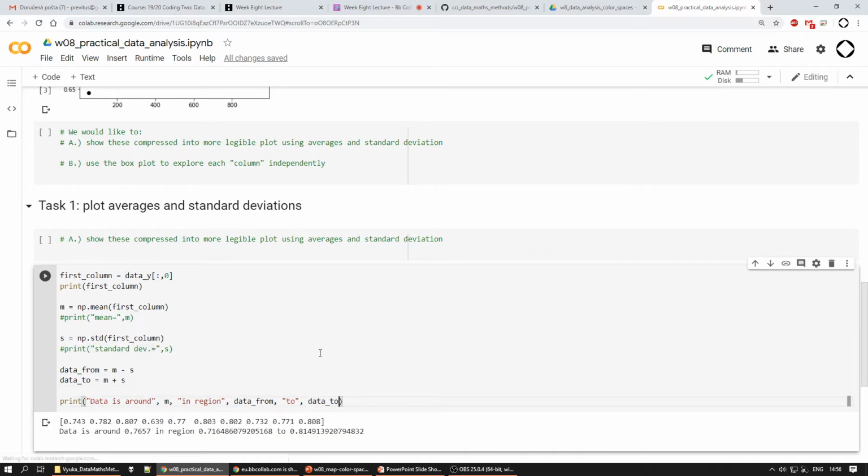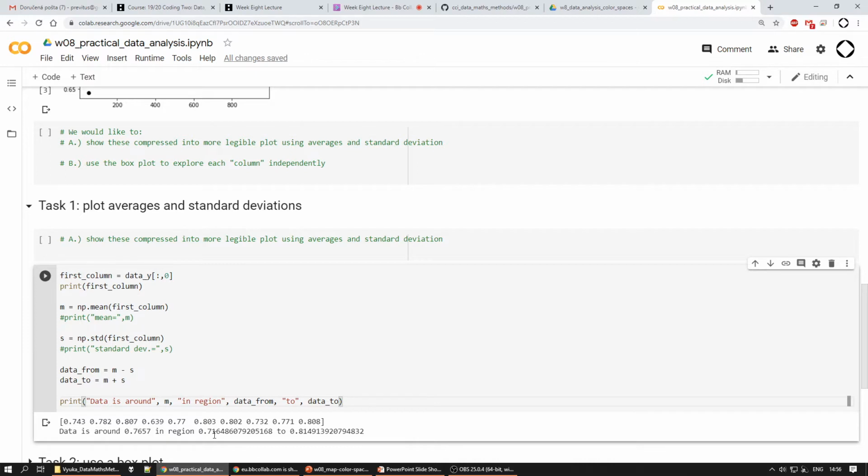Okay, all of this is simple. This is basically us saying, okay, cool, we have data between these two numbers. Well, right, so this is a text output that is nice, but